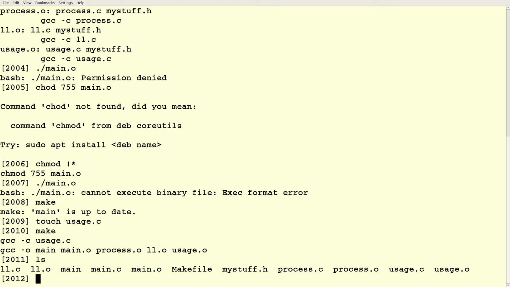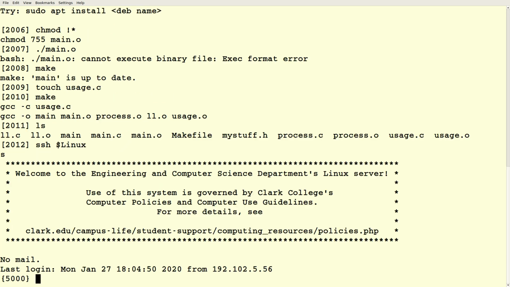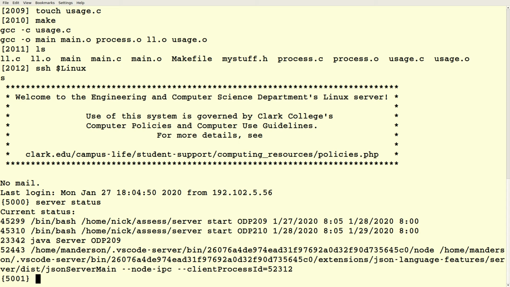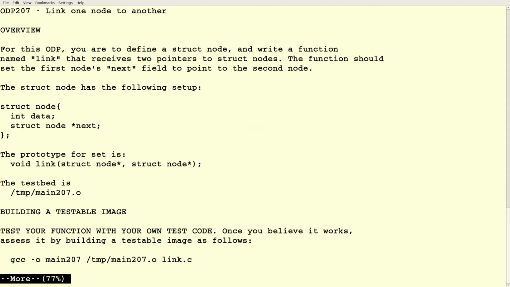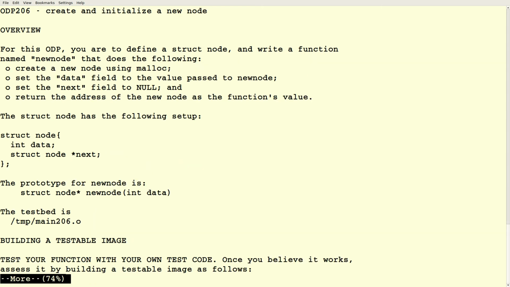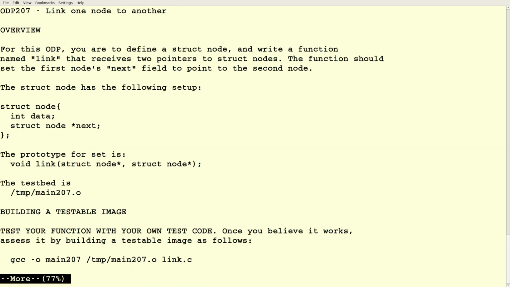Let me talk about the ODPs first, though, because we've been running free mode on those for a few days. And we have 2 ODPs left for this batch, so 209 is due right now. So 207, I think, was where I left you on your own. 206 was new node. I think we talked about that. Okay, so 207, which was last week,